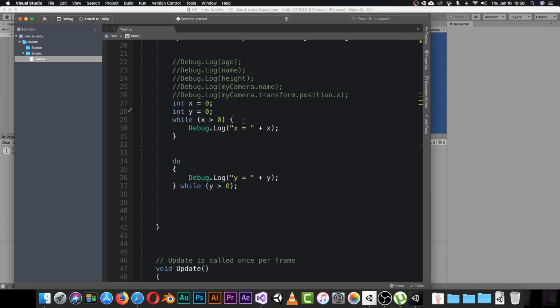X is equal to 0, so it is not. It means I am not going to execute this while loop at all. But in the do while there is a slightly different way, or I want to say there is just a slight difference between those two. The do while will do